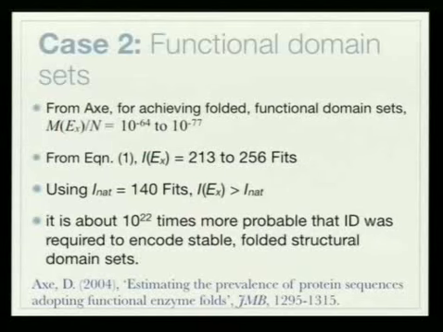That is, it's 10 to the 22 times more probable that intelligent design was required to encode the sequence for stable structural domains in the genomes of life than it was a product of a blind search. Now, if one is to invoke natural selection as the mechanism that produced these, then we have already seen rigor demands that there is a fitness function encoded within nature that must include that amount of information, 213 to 256